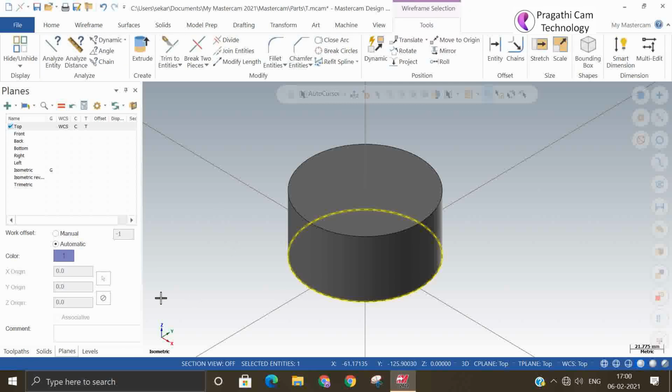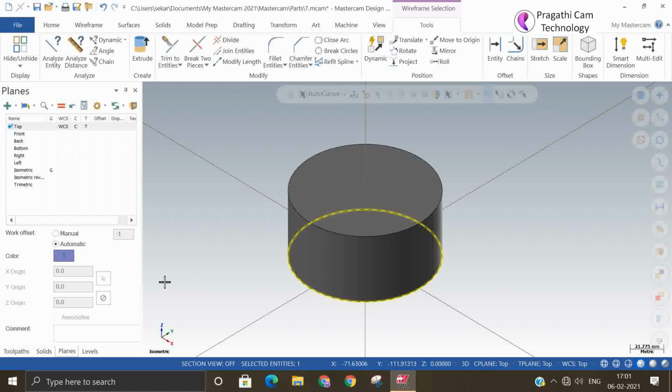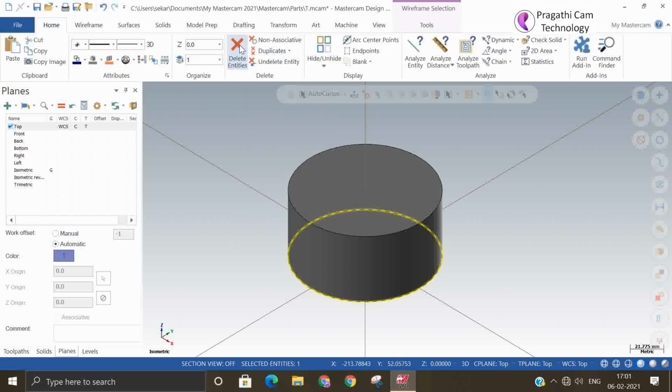In the old Mastercam, if you made a solid and deleted the wireframe, it would give you an error because of associativity. But in 2021, this associativity is removed. Now you can directly delete the wireframe from the solid. There is no big difference.